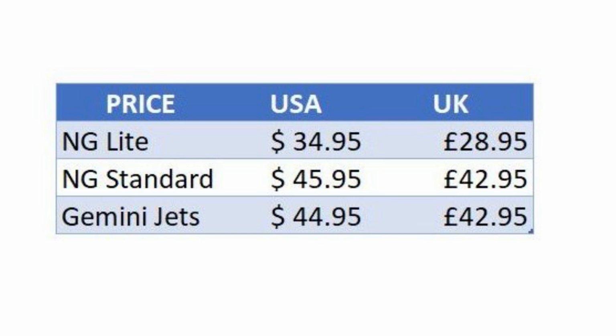That's about $10 or $11 cheaper than you can get an NG standard release of 737 MAX in the States, and it's about $10 or $11 cheaper than you can get a Gemini Jets MAX as well, frankly. Now in the UK the price difference was even larger. These NG Lite releases have been sold for £28.95, which, as anyone who shops in the UK knows, is a lot cheaper than a standard release. Typically you're buying an NG Max or a Gemini Jets Max for £42.95,